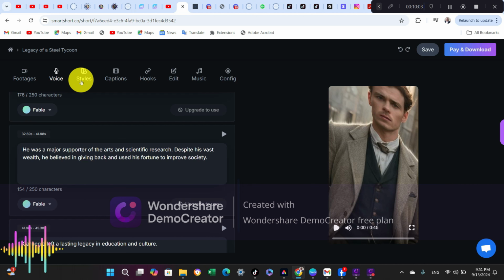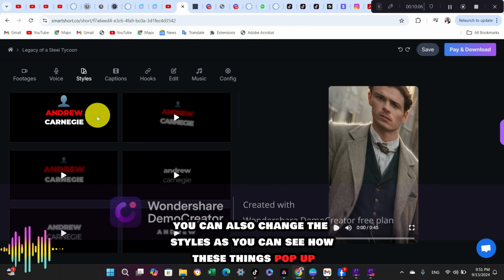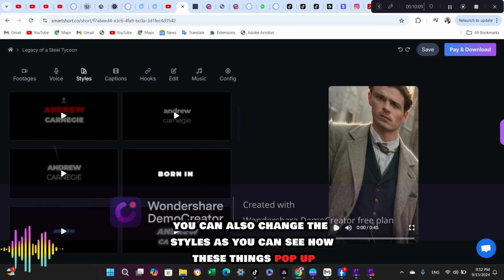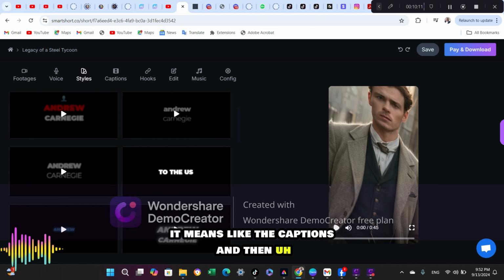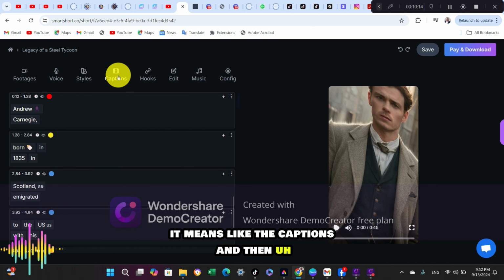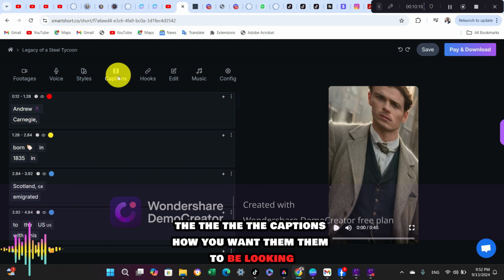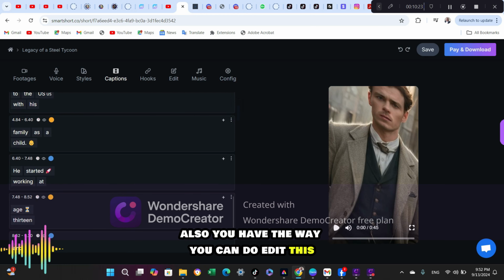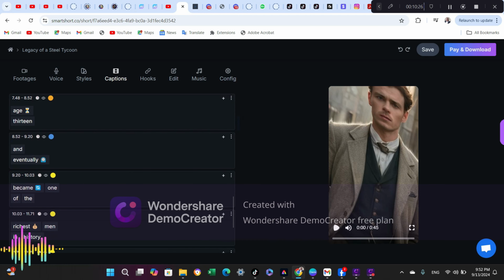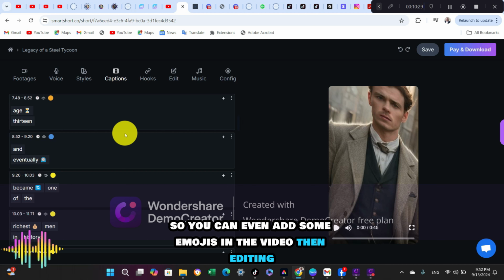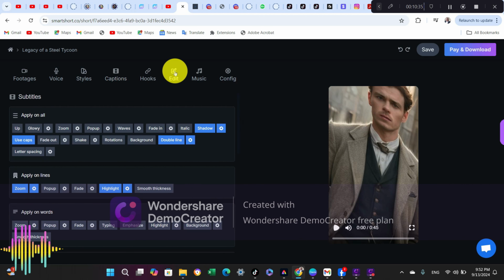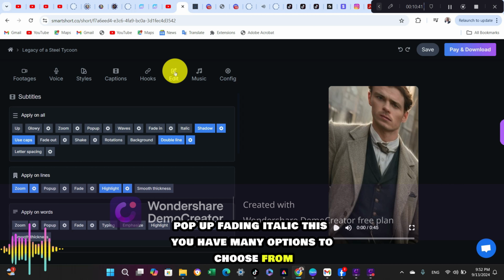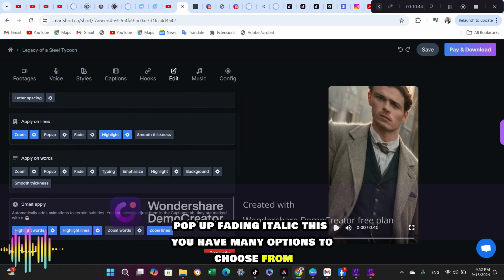The styles, you can also change the styles. As you can see how these things pop up, it means the captions, and how you want the captions to look. Also, you can edit this, so you can even add some emojis in the video. Then editing: apply all, glow, zoom, pop-up, fading, italic. You have many options to choose from